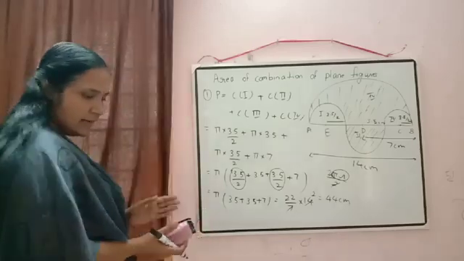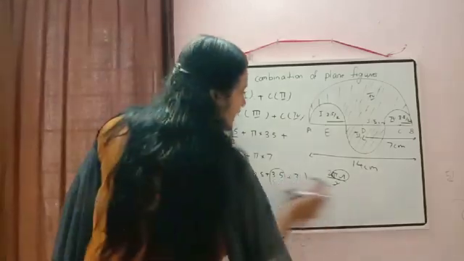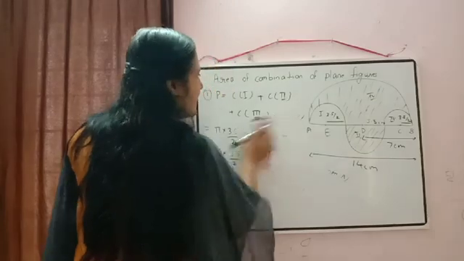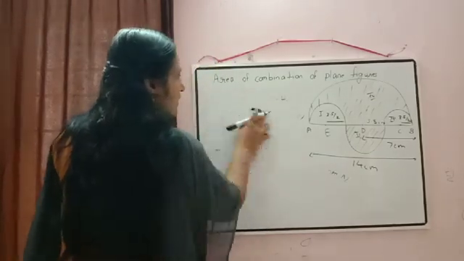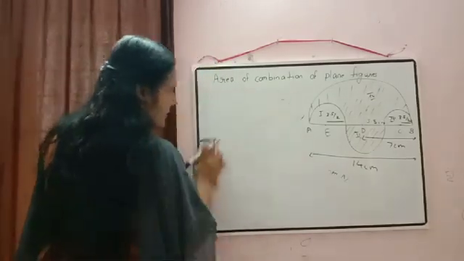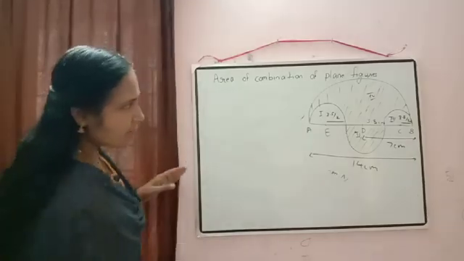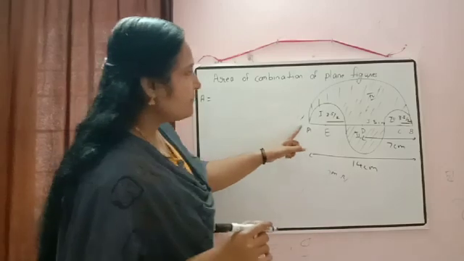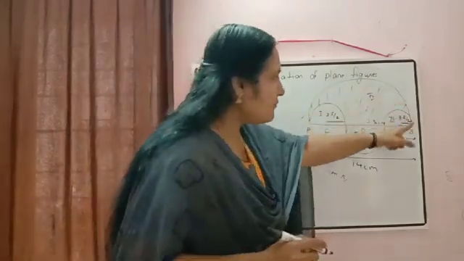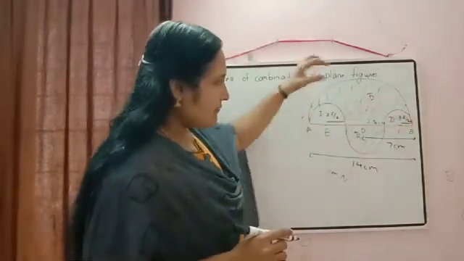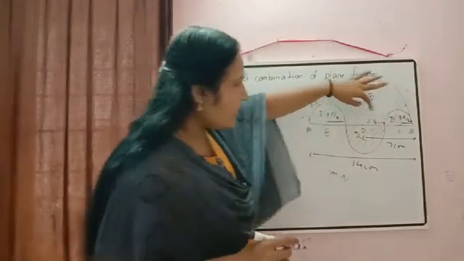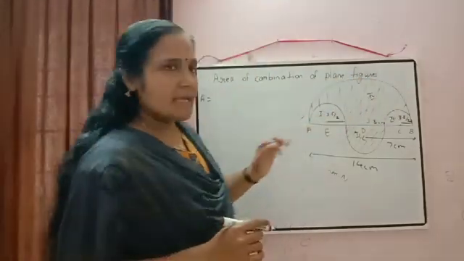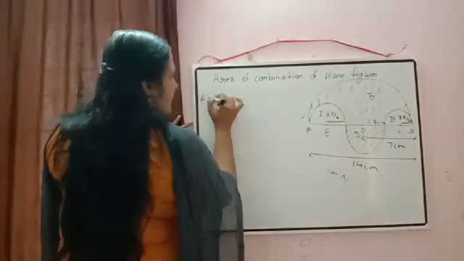So we have calculated the first part, that is the length of the boundary. Next what we need? Area of shaded region. So now just to check the shaded region there. How we will calculate the area of shaded region? First, from the area of semicircle, we have to subtract the area of these two semicircles. So that I am writing here in this way.